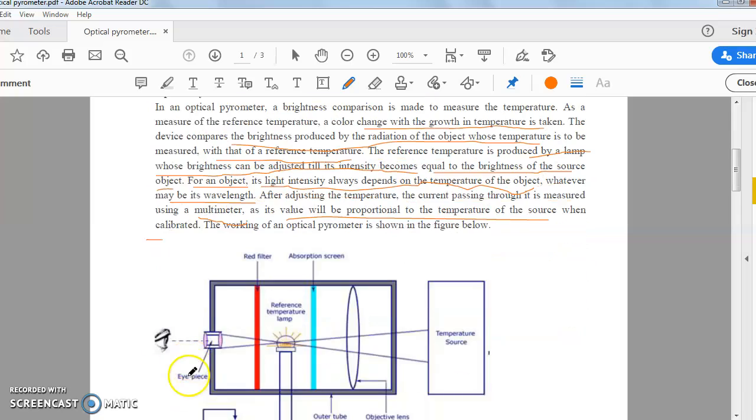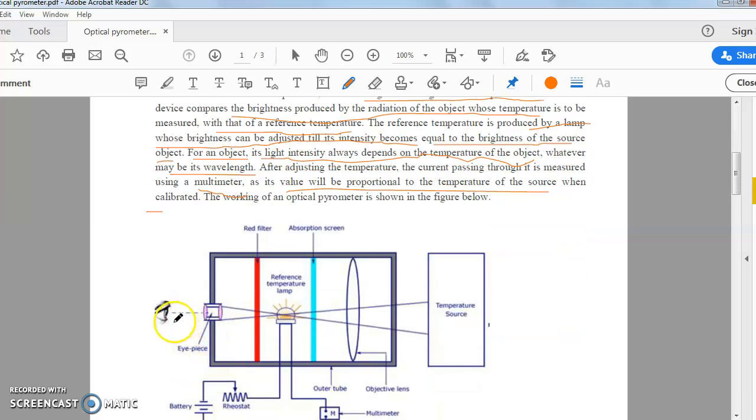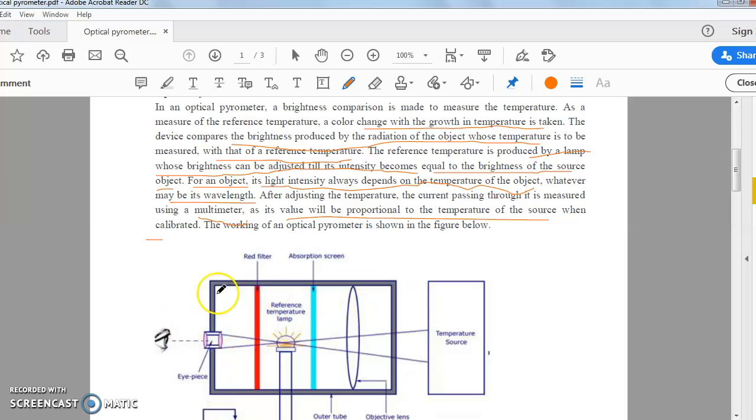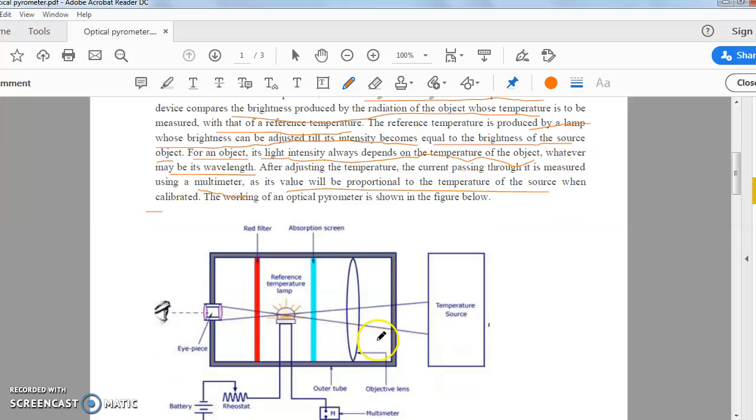Here you see this is the eyepiece. This is the complete casing. Here is a red filter. Here is the absorption screen, which is used to absorb the extra amount of heat or radiation. This is the reference temperature lamp. This is the object lens.